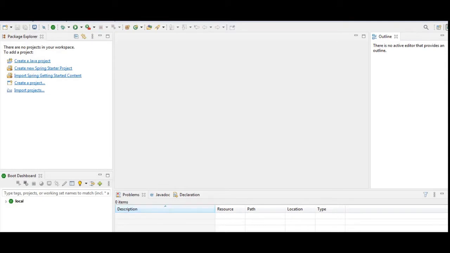Now in this session, I'm not just going to develop a very simple kind of web service just to show that, okay, this is a way that we develop a web service in Spring Boot. In fact, I'm going to have a meaningful functionality in this web service. Through this web service, I'm going to implement CRUD operations on the employee table in my MySQL database.